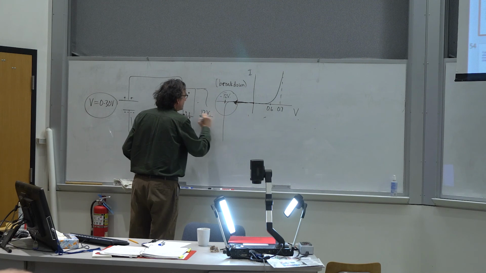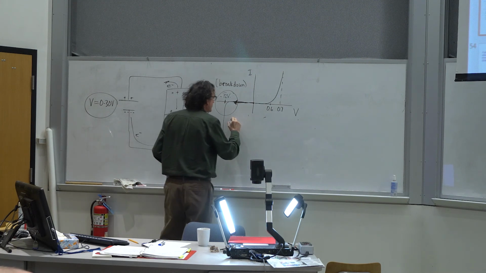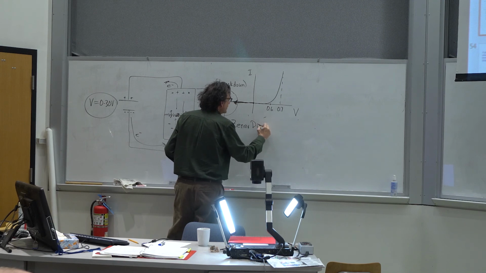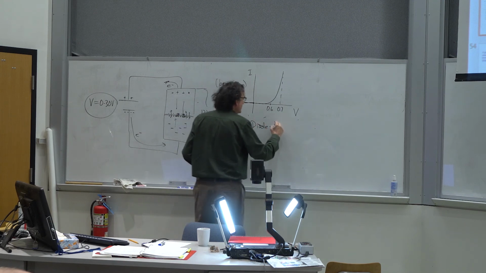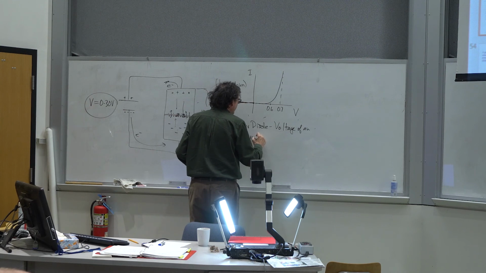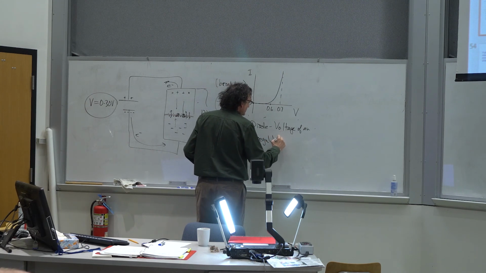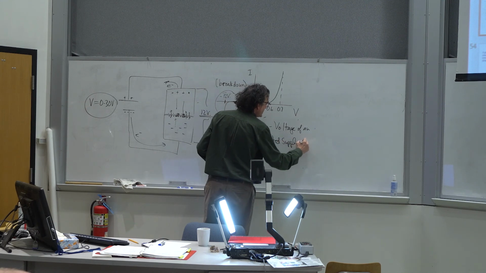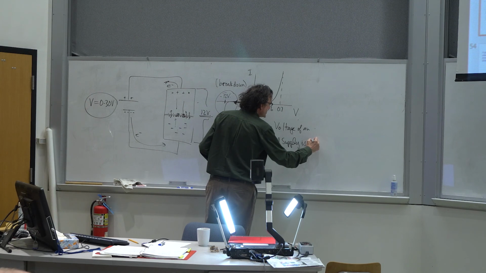This application is called a Zener diode. And a Zener diode is one in which the voltage of an unregulated supply is held stable, is stabilized at